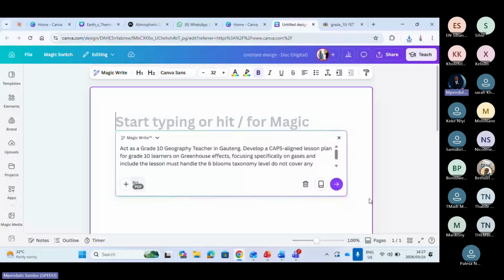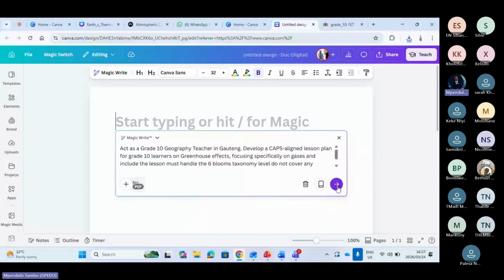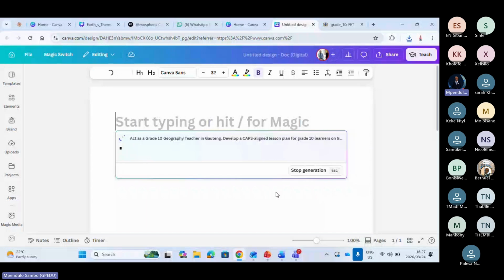Now the lesson is generating. Let's look how it generates. Okay, so there it comes.